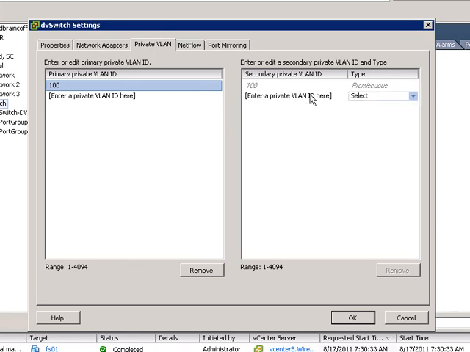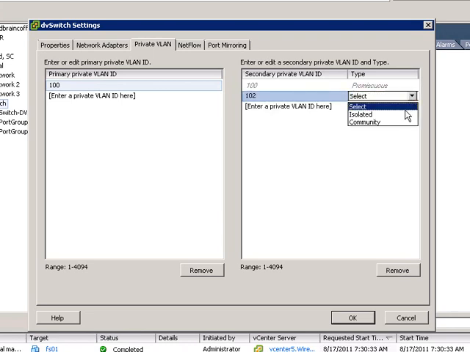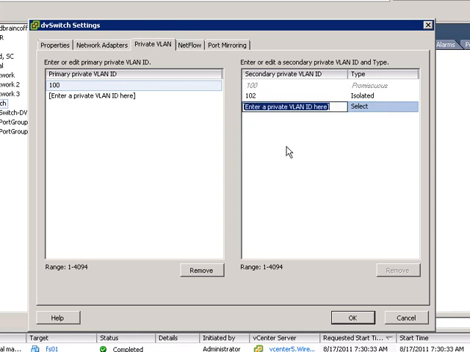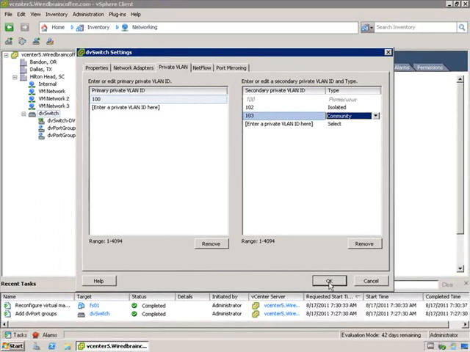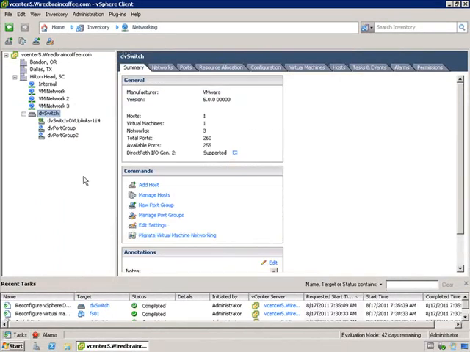So the first one is by default, it's adding for you, it's 100, it's the promiscuous one, right? So if I add the second one here, and let's say I wanted to do, I don't know, 102, and select the type. What do you want it to be? I want this one to be the isolation one. And then if I do 103, I would want that one to be community. Alright, so now I've configured the private VLANs. So if I click on OK here, and if I go back into my DV port group, let's go with